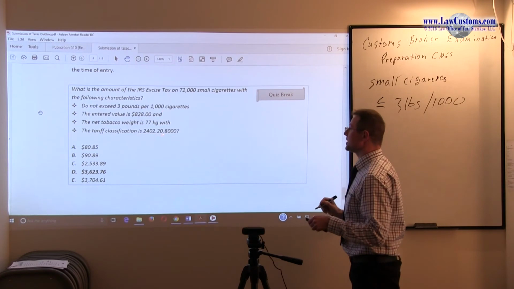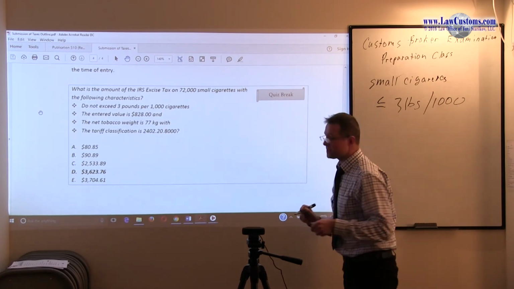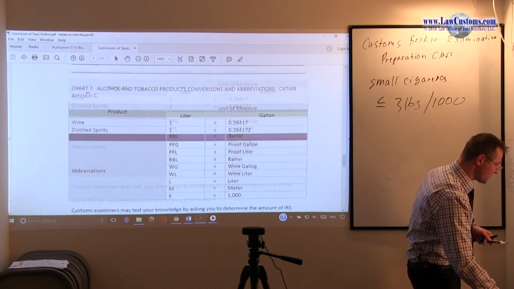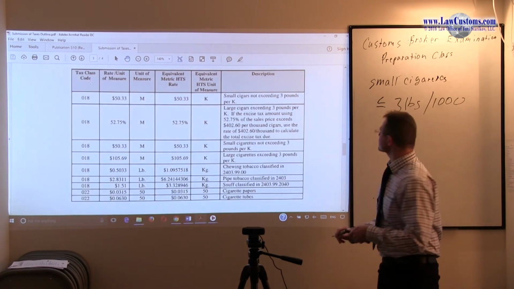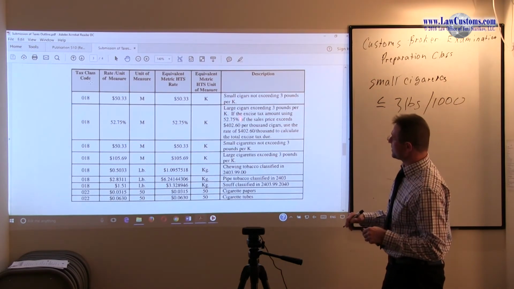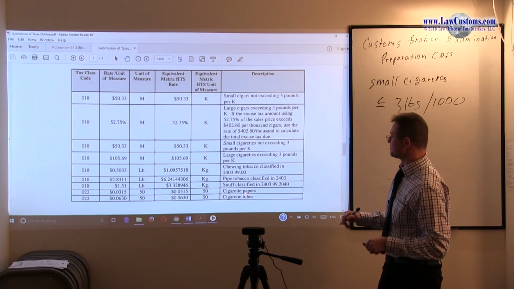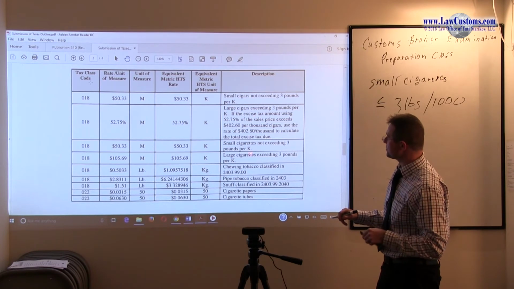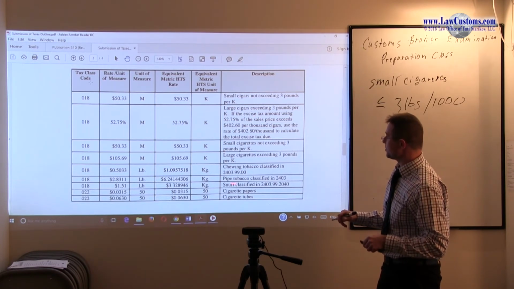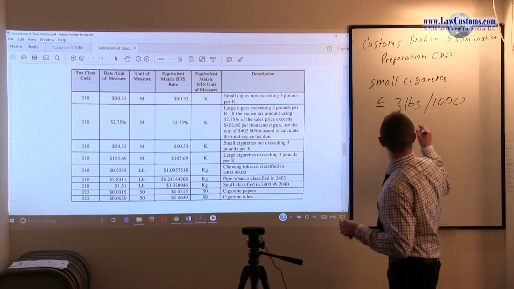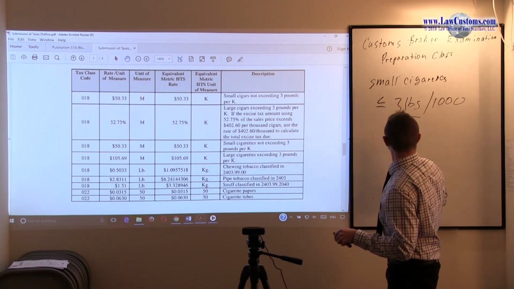And we have an entered value, weight, etc. Let's go to the table and take a look at the characteristics. First of all, we know we're dealing with small cigarettes. Going down the list, and the list is not that big, which is fortunate for the examinee. We have small cigars, large cigars, small cigarettes, large cigarettes, chewing tobacco, pipe tobacco, cigarette paper, cigarette tubes. So here we have small cigarettes not exceeding 3 pounds, so 3 pounds per K,